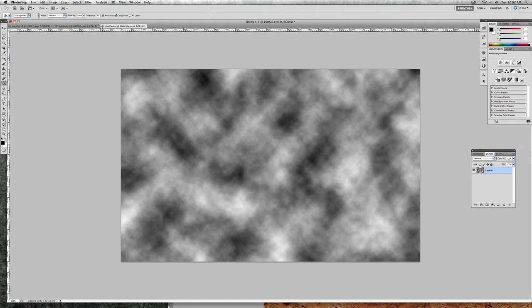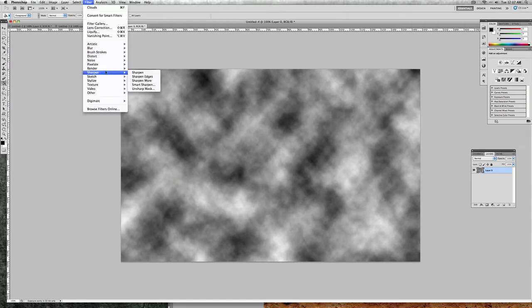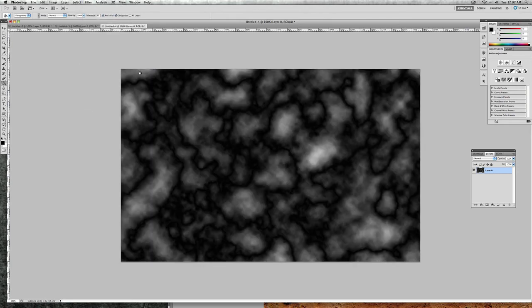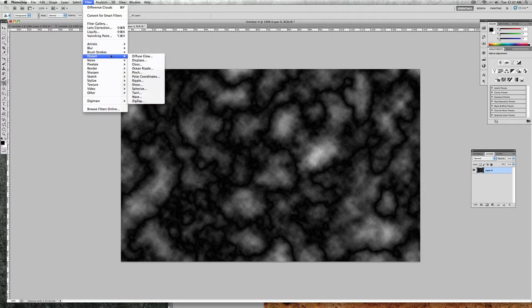and we're going to do the same thing again, except instead of Clouds we're going to choose Filter, Render, Difference Clouds. You're going to see it adds a lot of black contrast to that. And we're going to do one more filter. So this one's going to be Filter, Distort, Glass,